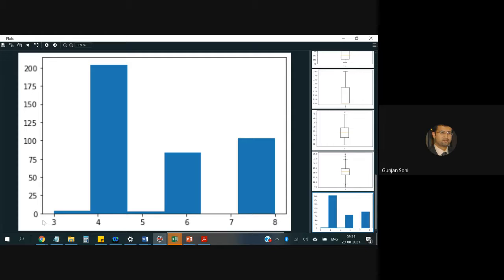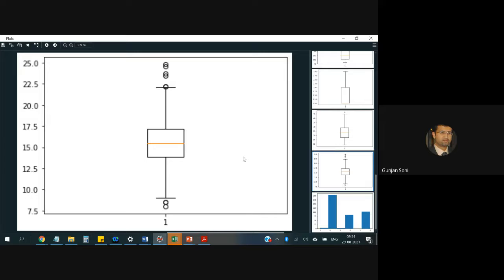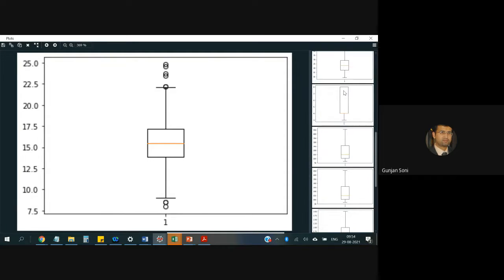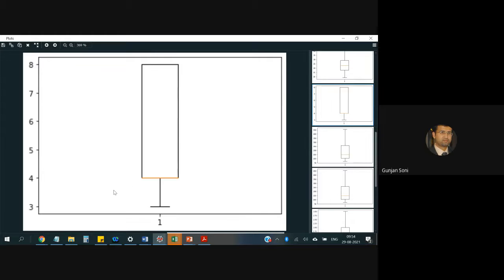If I look at a box plot and a histogram, the box plot gives the spread of the data, and the histogram gives, for individual ranges, how the data is varying. If you look at the box plot of cylinders, this is the box plot of cylinder.